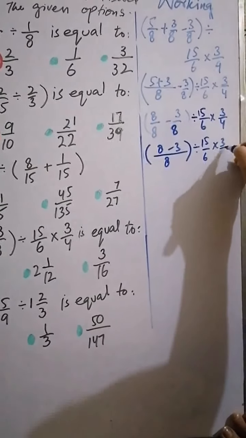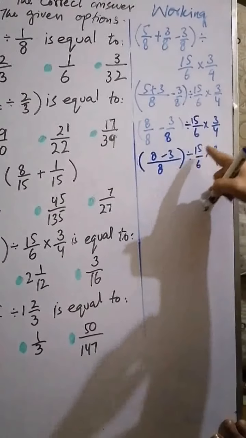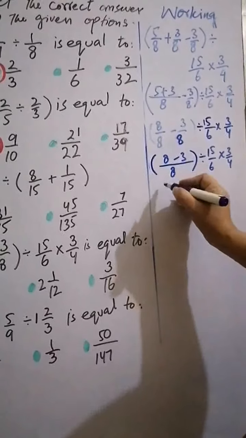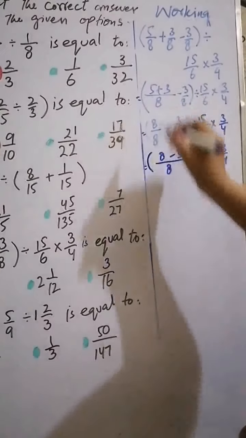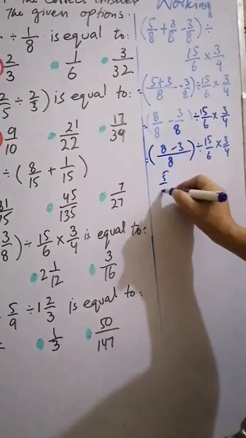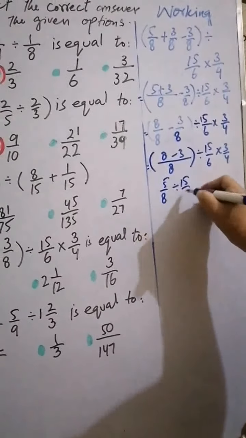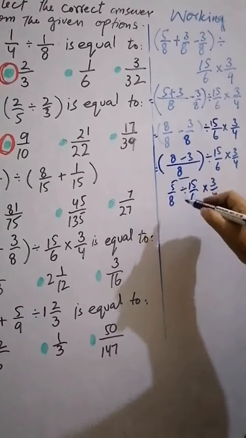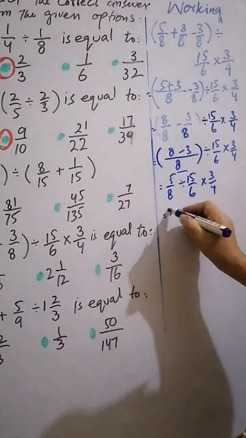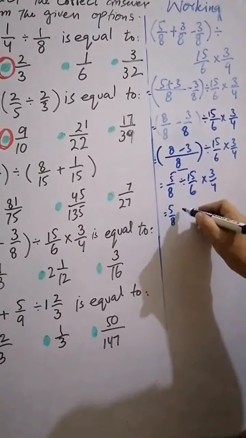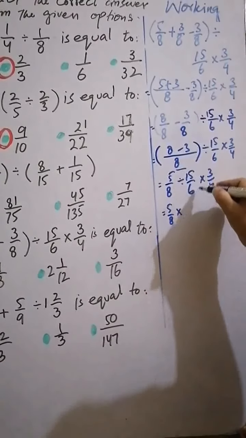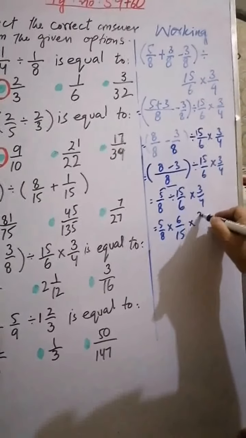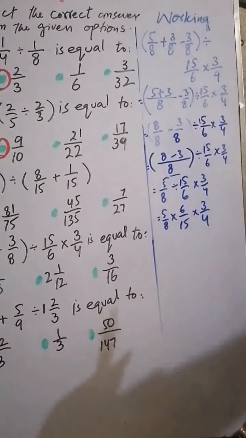Okay, now this done, we will take LCM, numerator will same, so it's divide by 15 by 6. ये as it is आता जाएगा. Okay, क्योंकि इधर multiplication और division है. Multiplication की cutting पहले नहीं हो सकती because it's division. We have to solve division first. So 8 minus 3 is 5 by 8 divided by 15 by 6 multiply 3 by 4. These two fractions for division. So first step, we will write as it is, divide will be changed in multiplication, or this second fraction will be reciprocal like this, and multiplication 3 by 4 we will write as it is, right?